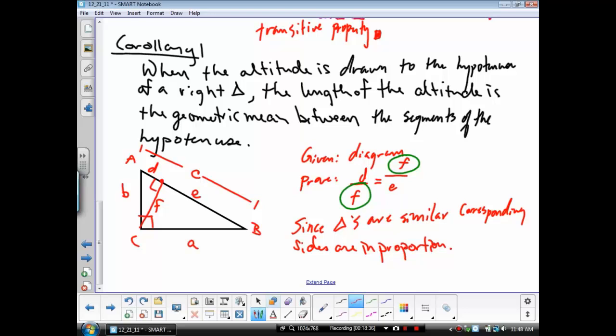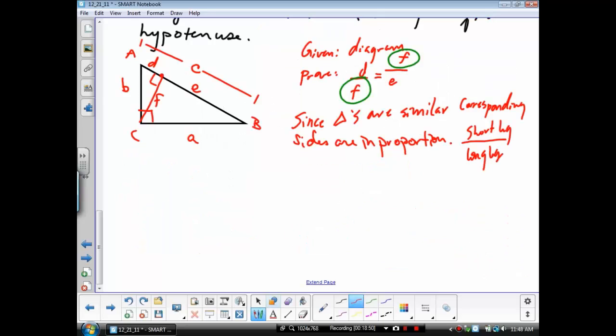We have short leg is to long leg then, on both triangles, both smaller triangles will equal